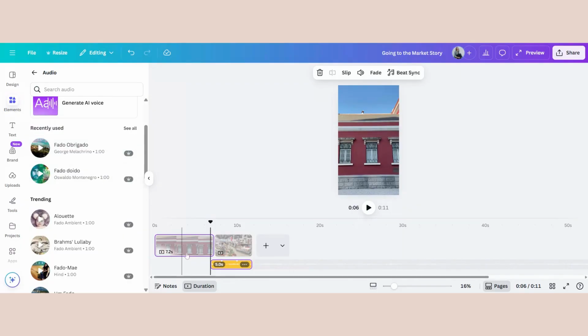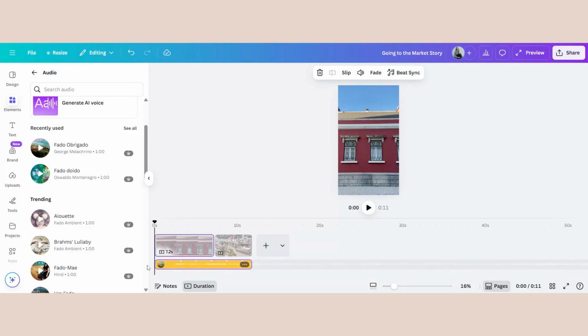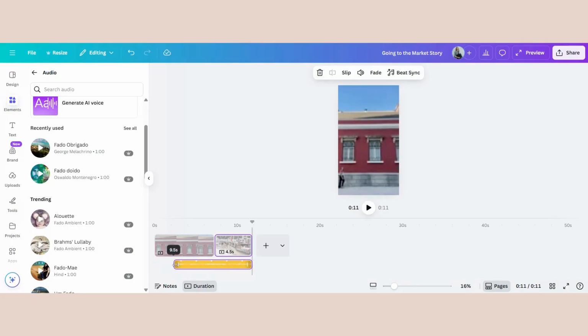I've clicked the music over to my video, and you can see the audio is starting where I've left this timeline guide. So if you want the music to be from the beginning, you can just move your timeline. Let's go back. Let me show you. So move the timeline backwards. Now click the music over. And then you will see it will cover the whole video. You can still make the sound snippet shorter by dragging the sliders at the back or the front end of the snippet. You can also make it shorter and then move the audio clip within your video.